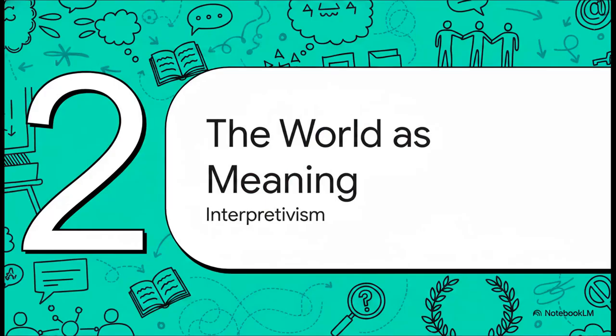But let's be honest, you can't measure everything, right? I mean, how do you quantify a culture or a feeling or a human experience? This very limitation of positivism led directly to the rise of a whole new paradigm, especially in the social sciences. It's called interpretivism, and it's built on the idea that, well, the human world just works differently.